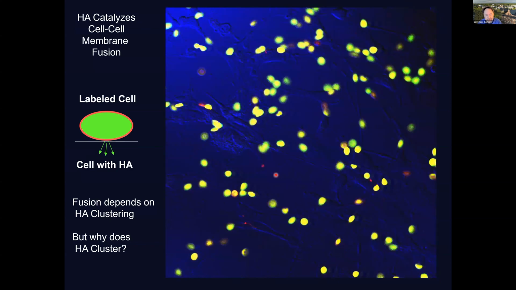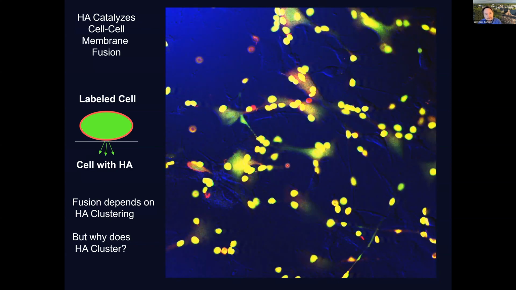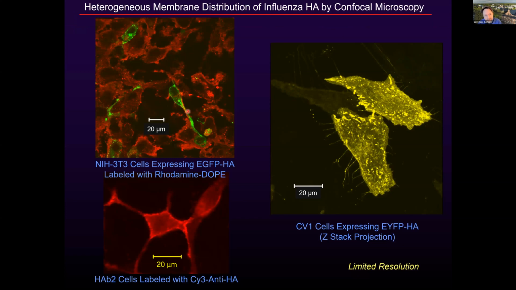Yet, this is conventional microscopy and has very limited resolution of the HA clusters themselves. You can kind of barely see heterogeneity on the edge of the cell, and in this case, very little heterogeneity. In this case, you can see some clusters, but many of them are too small to resolve. So conventional fluorescence microscopy doesn't have the resolution that's needed to see what's going on at the molecular scale. And this was a big motivating factor when I was a postdoc at NIH and learning about flu, that we needed better kinds of microscopy.